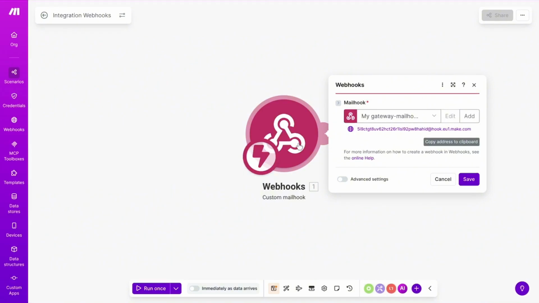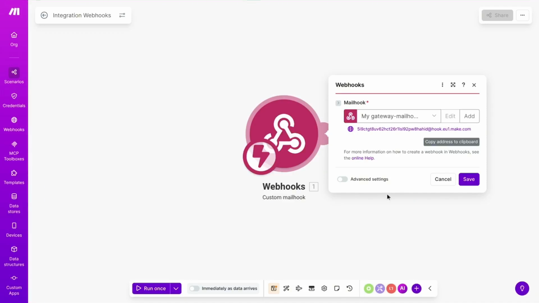After the webhook successfully receives data, you can continue building your automation by adding more modules. For example, you can send emails, update a spreadsheet, create CRM entries, and trigger other workflows. Once your scenario is fully configured, click Activate, so it runs automatically whenever the webhook is triggered. Using webhooks in Make.com allows you to create real-time automations that respond instantly to events, making your workflows faster and